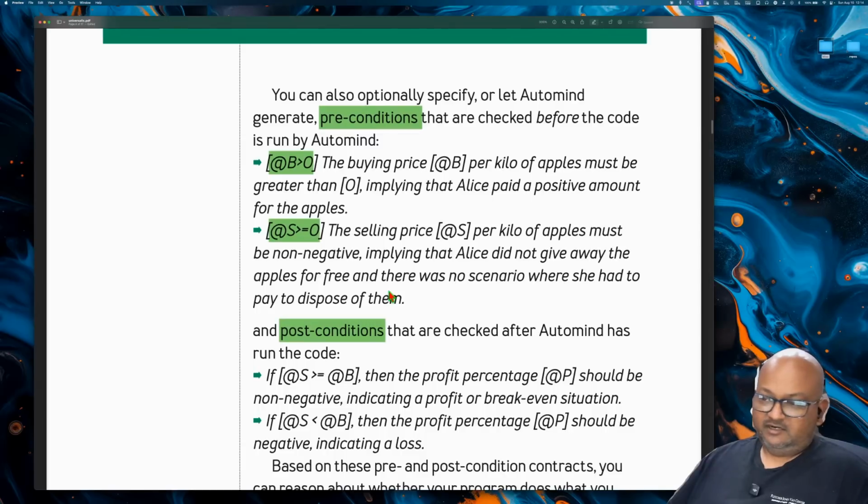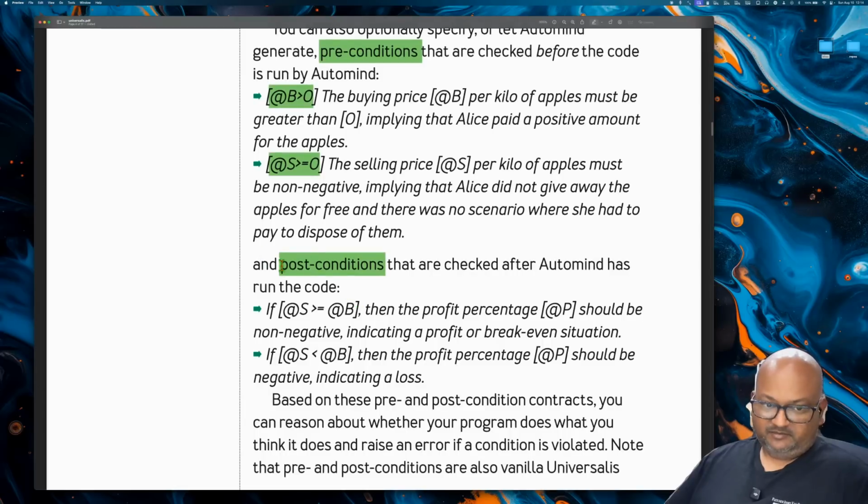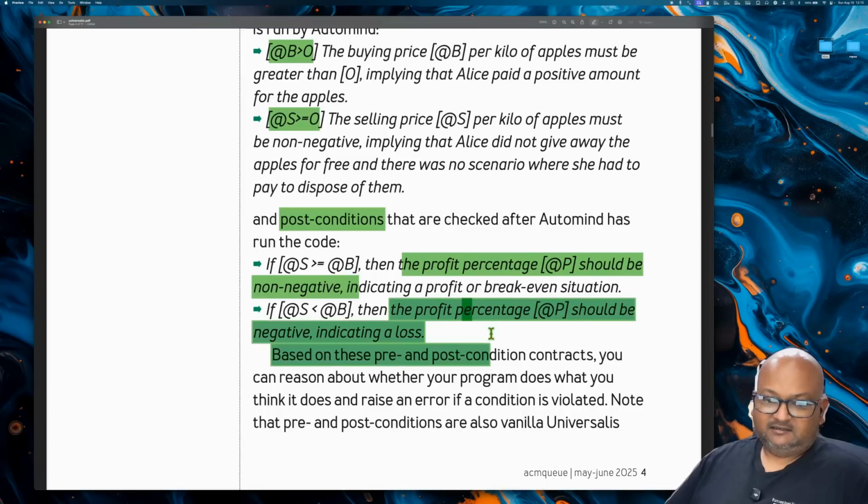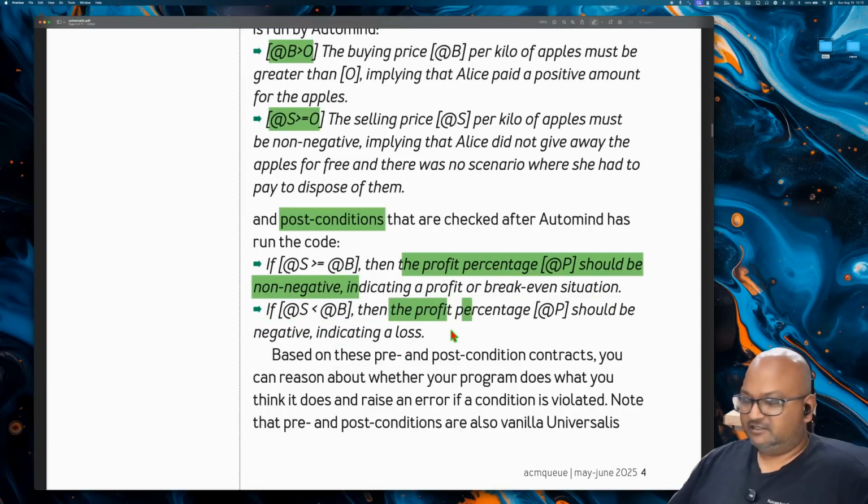Again, if you've written a lot of code, you know about this mode of thinking where when you write a function, say a sorting function, you have some preconditions and postconditions, things that you want to be true before you call sort, and things that you want to be true after sorting is finished. And so at the end of the computation, you want these postconditions to be true. For example, the profit percentage should be non-negative. And note that all this is still just expressed in natural language.